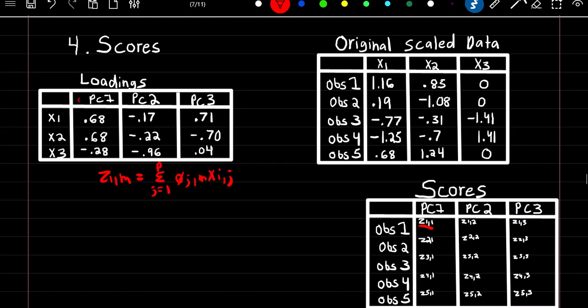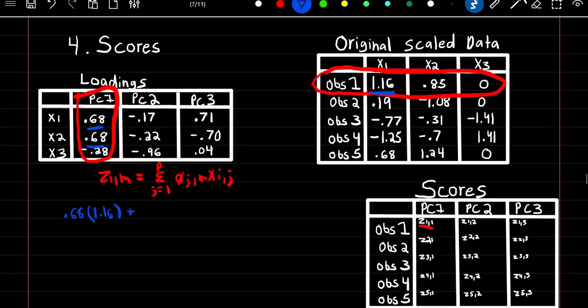If we want to find the score for observation 1, principal component 1, the values that we're going to use are principal component 1 values, and since we're using observation 1, we're going to be using observation 1 values. Now we're just going to find a linear combination of these values. To do that, we multiply the values together and add them up. So it would be 0.68 times our observation 1 for x1, which is 1.16,